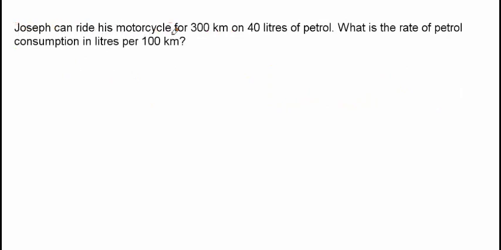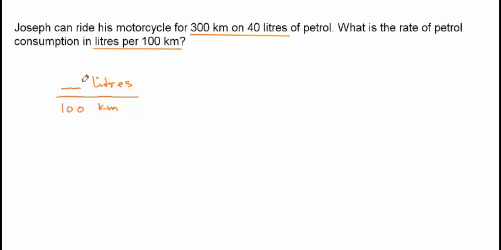Joseph can ride his motorcycle for 300 kilometers on 40 liters of petrol. What is the rate of petrol consumption in liters per 100 kilometers? This is important. So essentially we need to find how many liters will be consumed if Joseph were to ride his motorcycle for 100 kilometers. Given this piece of information, 40 liters for 300 kilometers. So we have a certain number of liters over 100 kilometers,